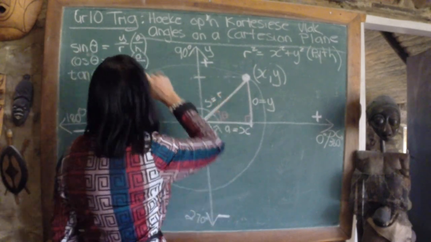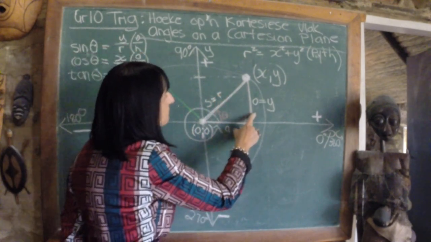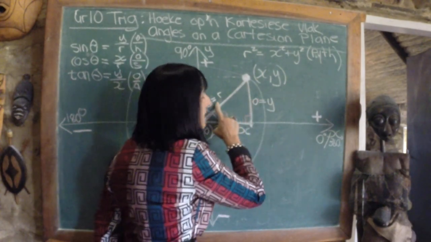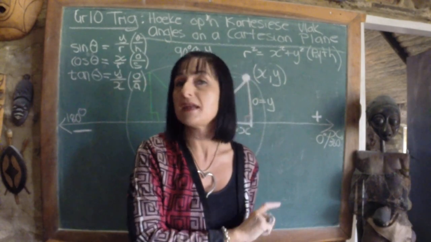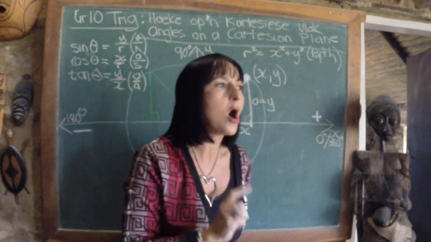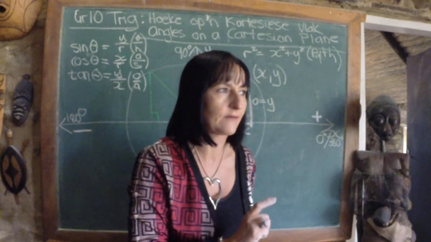Watter uitdrukking, sin, cos en tan, is hier positief? Nou, r is altyd positief. Remember, r is a distance, it can never ever be negative. So r will always be positive. Maar,